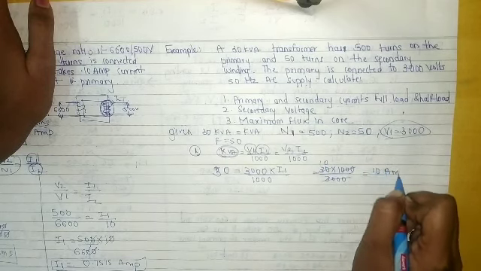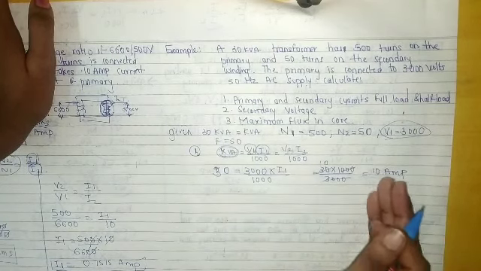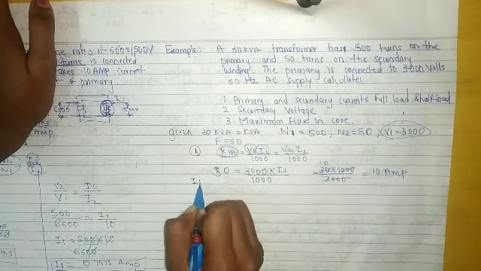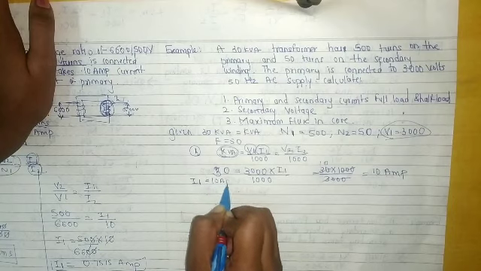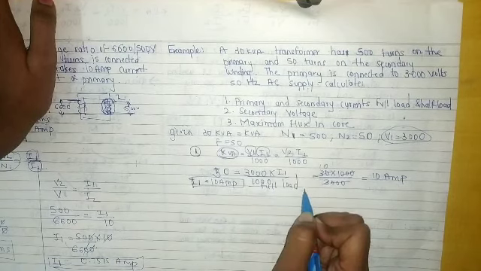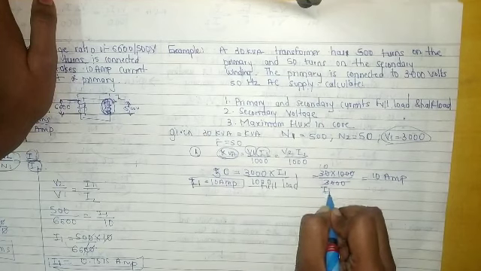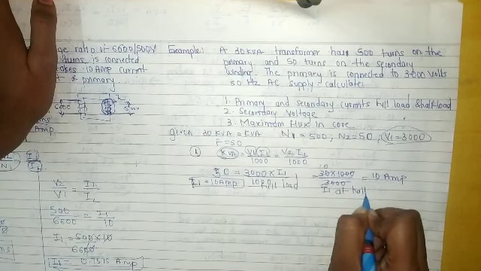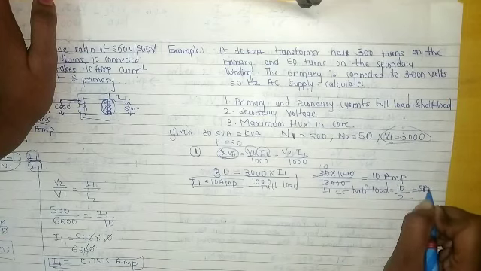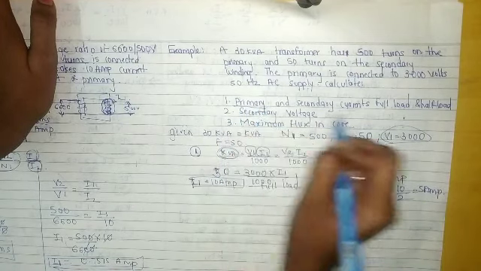10 ampere. Whenever we calculate this current, it is the full load current, right? So this I1 is equal to 10 ampere at full load. Now we are asked to find the half load. So what do we have to do? We just divide it by 2. So I1 at half load is equal to 10 divided by 2, that will be 5 ampere, right? So we have calculated the primary current at full load and half load.